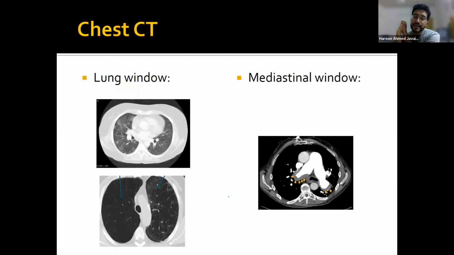Yes, different objects are appearing at different shades, right? There's no change in kVp. Everything was the same, but we're getting different images. Let me try to highlight it for you so it makes sense. In this image over here, they want to look at the lung fields. So over here they're focusing on the lung fields. You can see the differences inside the lung fields, but everything else appears either very bright or very